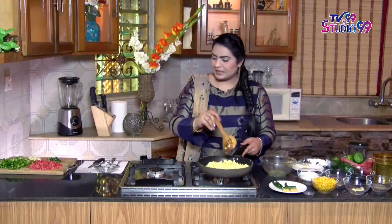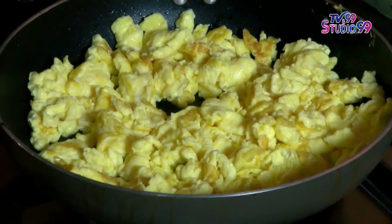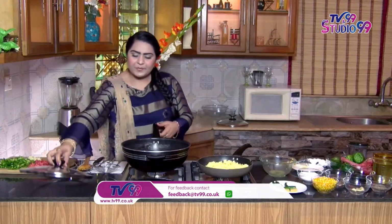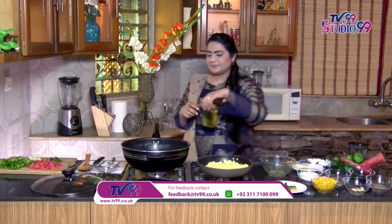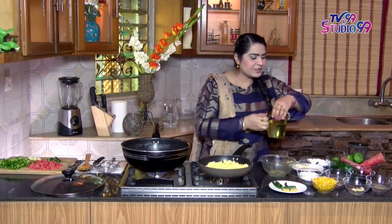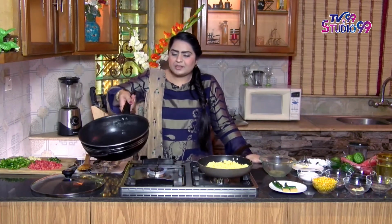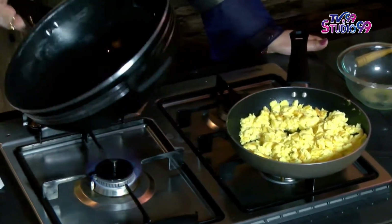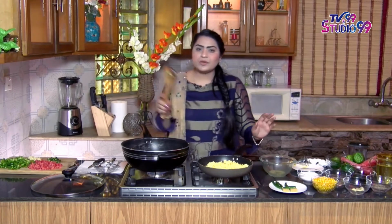Okay, so that's done. So what we're gonna do, we're gonna prepare our veggie mixture for our sweet corn rice. Here I got a pan. In this pan we're gonna add 2 to 3 tablespoons of olive oil again. Just like that. I'm twisting the oil around so it covers the pan bottom. Now we're gonna leave it as it heats itself up, we will add our